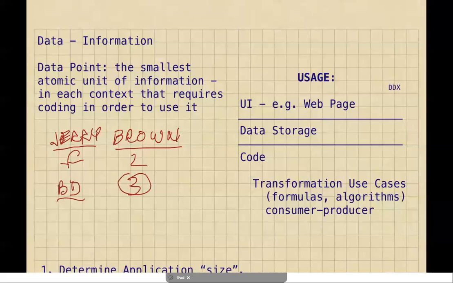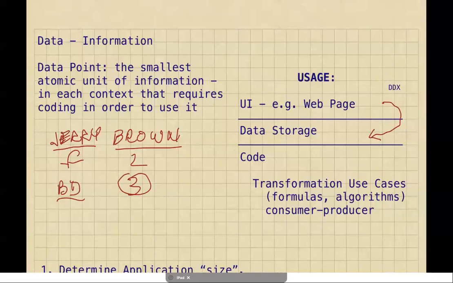So there are usually 3 basic contexts right away for most software applications in which data is used. And that is in the UI layer, for example, a web page, in the data storage layer, and in the coding layer. So there is work required to represent this information on a web page, and to get the information from the web page into, for example, the database. So when we count data points, we're not just counting the static picture, but we're counting in this unit of work over here, where